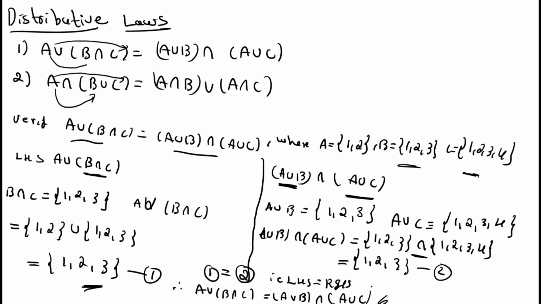Clear? In the examination, it is a 3 mark question, verify. No need to study this distributive law separately, they will directly give the formula. Either they will ask to verify the first one, or they will ask to verify the second one. Some sets will be given. In the question itself they will give A intersection (B union C) equal to (A intersection B) union (A intersection C). You need to prove it like this, solve each side separately, then check whether LHS is equal to RHS. If LHS is equal to RHS, then write the conclusion.